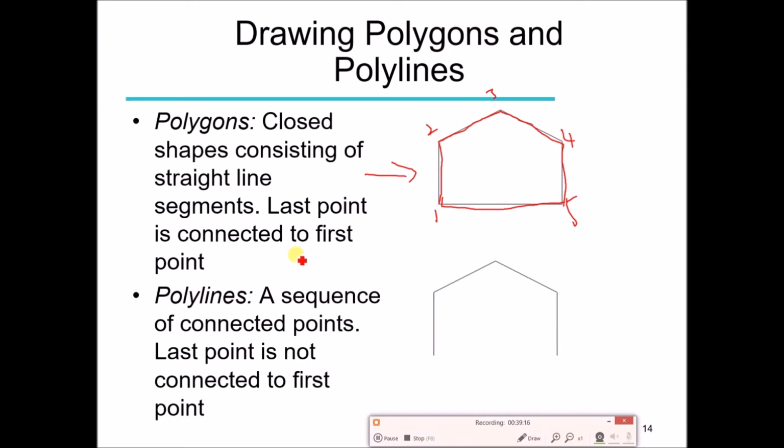Polyline is going to be similar to a polygon, but the last vertex is not connected to the first point. So this is not a closed shape. We will see an example of how we can specify the values for these vertices to draw the polygon and the polyline. By using the polygon and the polyline, we can create more complex shapes, because rectangle,